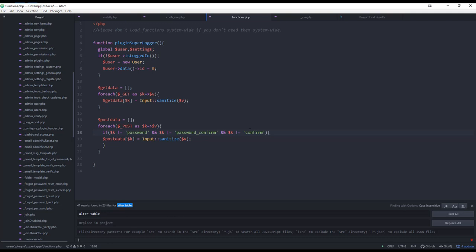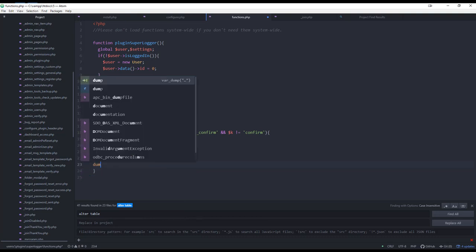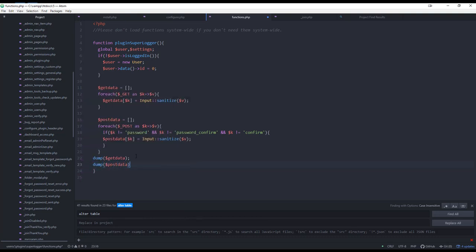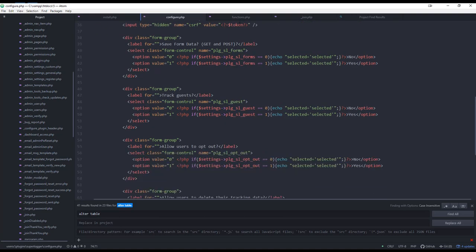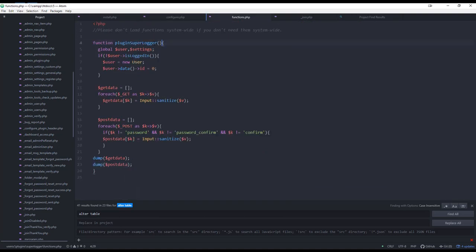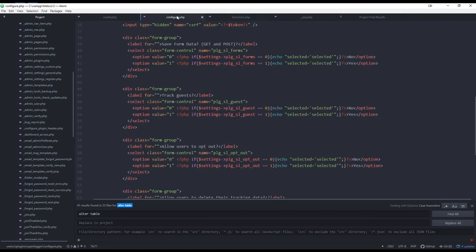Now, let's go ahead and do a test on this. The way we can do the test is to dump get data and dump post data. So we're going to dump everything in the URL and everything that we submitted. The perfect place to test that is actually on this control panel here. We have the name of the function right here, so we're going to grab that and call that function